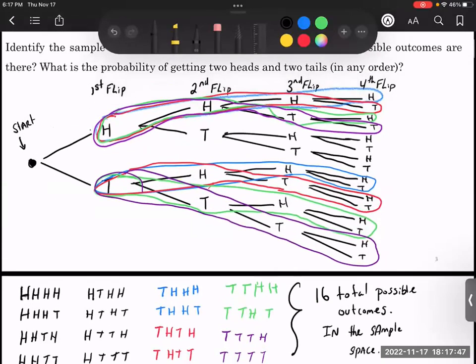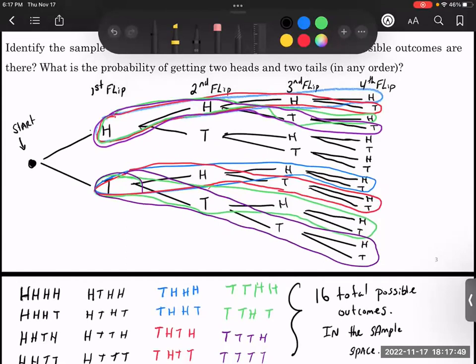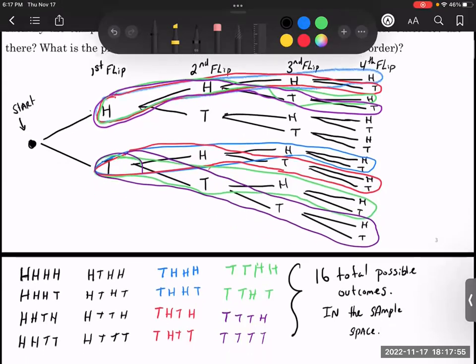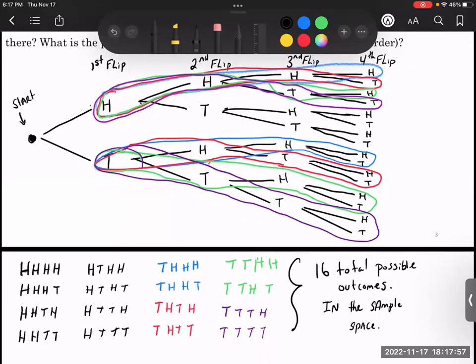So now we got to answer the question, what is the probability of getting two heads and two tails in any order? So we want to look at all our outcomes. We're looking at all of the outcomes that are shown below, and we want to just extract all the ones that have exactly two tails and two heads on them. So let's look at the first